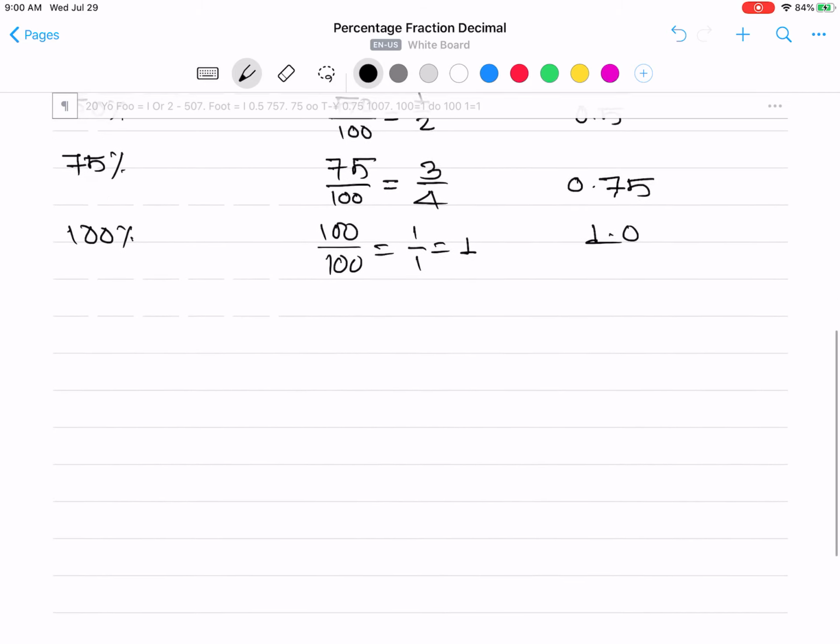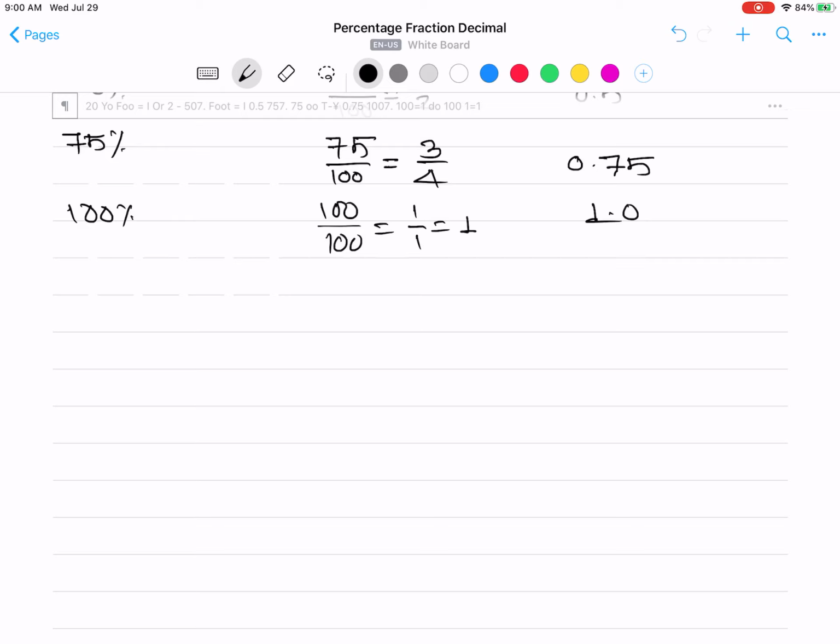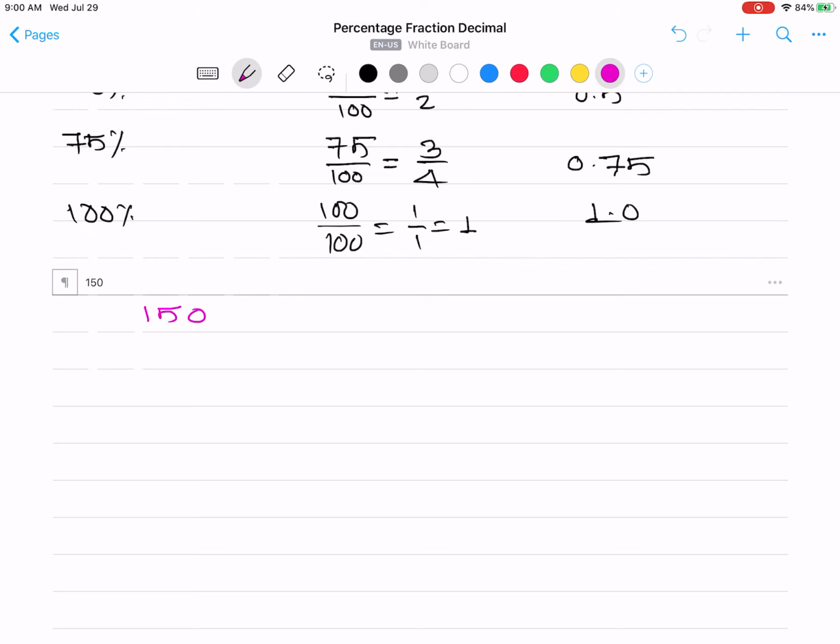Now I will show you how to calculate fraction, percentage, or decimal of any number. Suppose the number you have taken is 150. Let's write the price is 150. This is the cost price. This is just an example, this may be the cost price or any other number. Suppose you need to calculate the